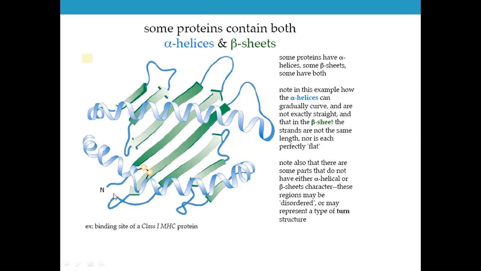So this is an example of a protein containing both alpha helices and beta sheets. Note in this example how the alpha helix can gradually curve and is not exactly straight. You can see here that it's not as straight as in the earlier example. Again, it will depend on what the R groups of the amino acids are, or the amino acid identity itself in this sequence, which could affect whether they form